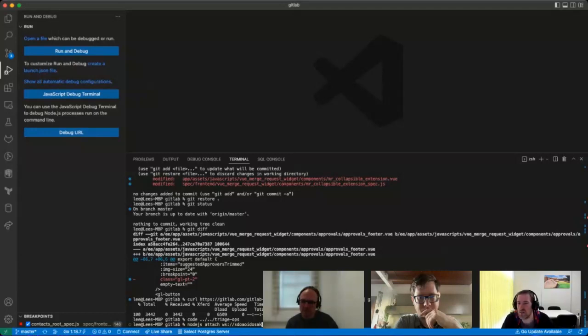Yeah, so I don't think it was major. That's actually what happens under the hood when you start the browser from VS Code. Yeah, pretty much. I'm pretty sure there's a way to get around that. The only downside of this approach to debug Ruby, at least on GitLab, is that we have that problem